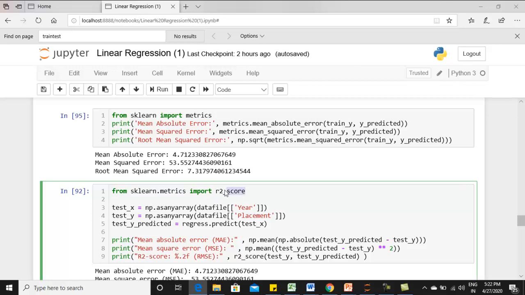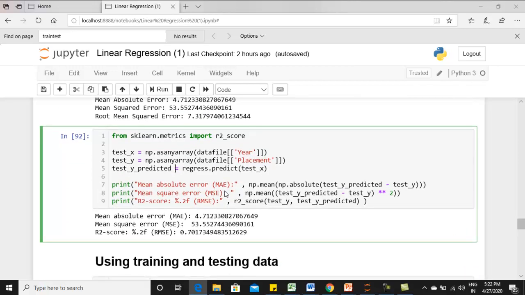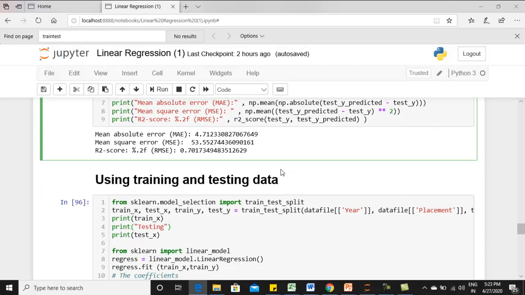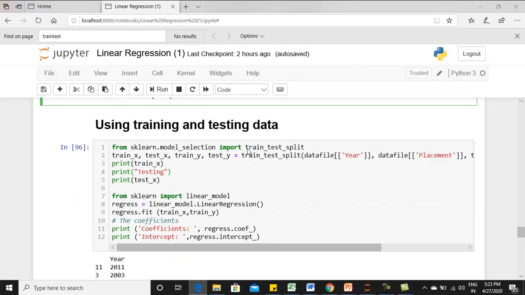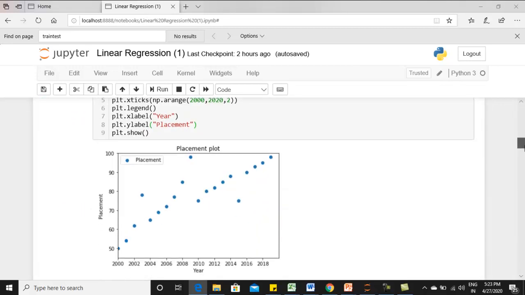It is very similar to what we have calculated, so that also you can use, and it also will give you the same kind of results. Both are different ways of calculating the error. That's it. Now, in the above process we haven't split the data set